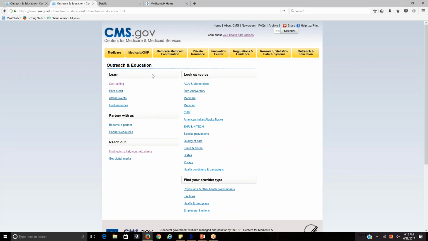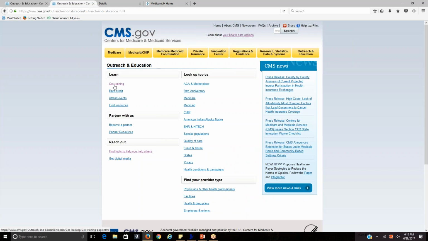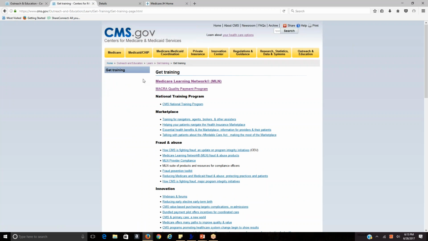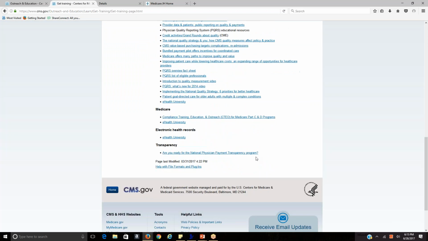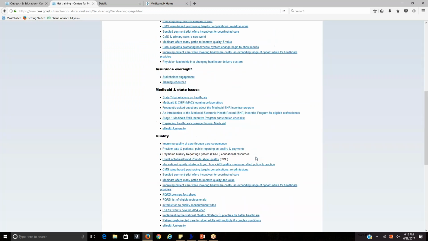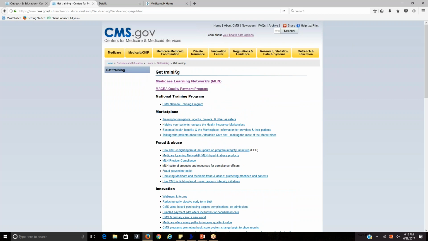it will then take you to a section that says Learn. And right below it, there's a link that says Get Training. Okay? And so if you click on that Get Training link, it will give you training links to a number of areas within Medicare. Okay? But the main one that you would want to have access to is the Medicare Learning Network, which is the one right up at the top of the Get Training section of the Medicare website. So if you click on the Medicare Learning Network link,